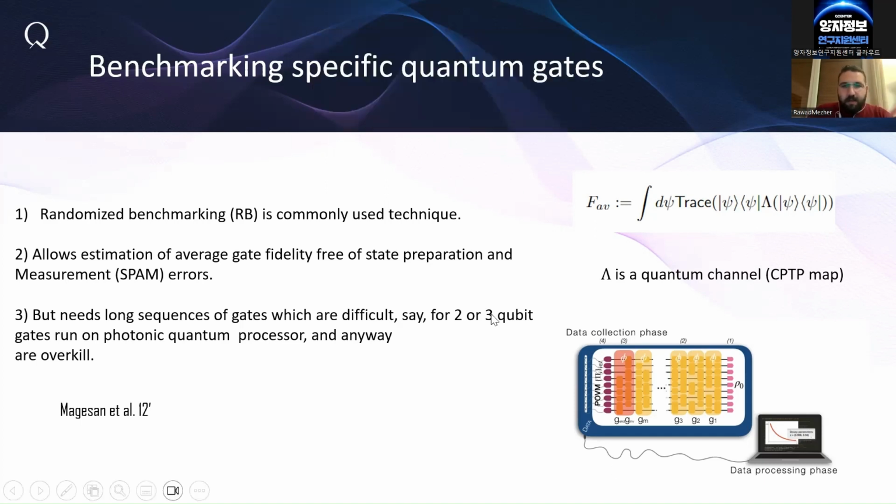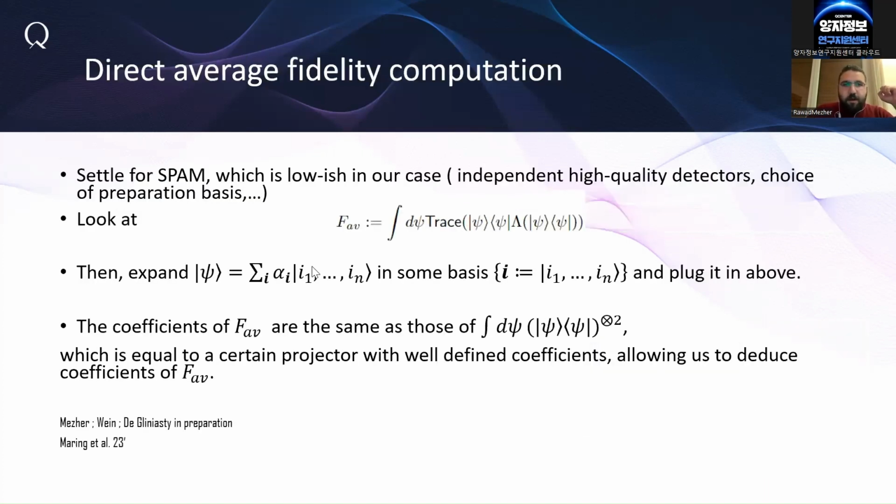So we don't care too much about isolating measurement and preparation from the thing. Which is why we don't do randomized benchmarking, but we do what's actually called a direct average fidelity computation. So instead of doing this sequence, this exponential function and so on, we look directly at this quantity and we expand it. So we take our basis of choice, we expand the unitary in this basis, and we notice